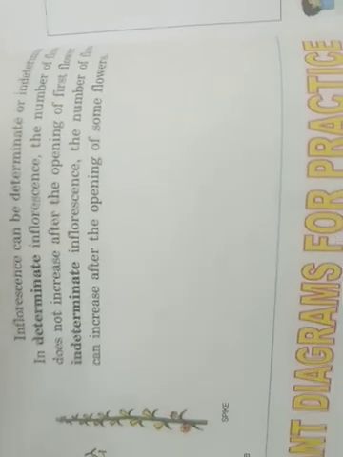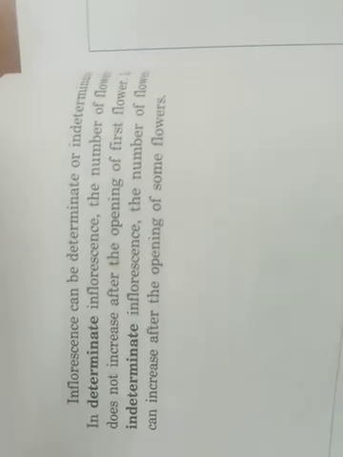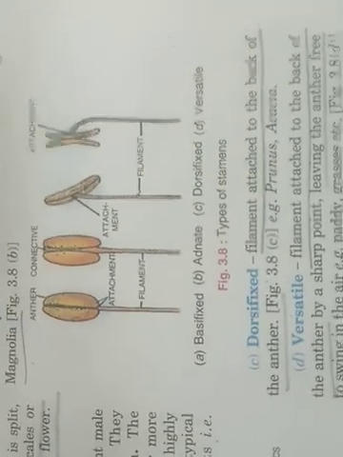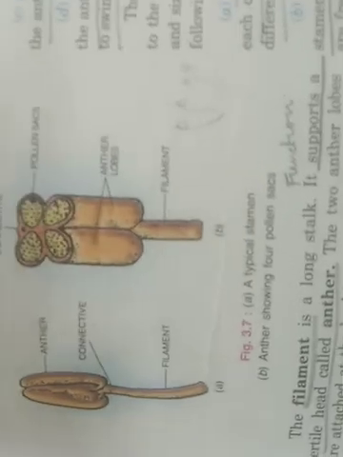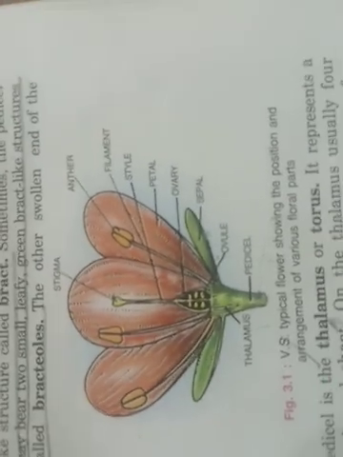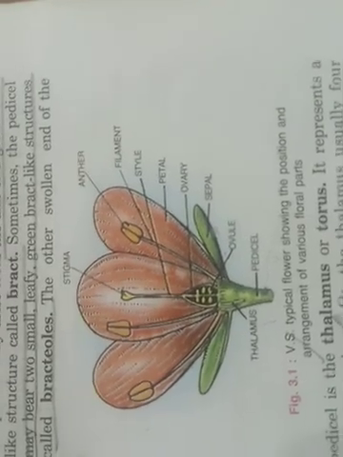So, children, here we end the chapter on the flower, and you have learned all these important terms about inflorescence, different types, the arrangement of stamens, the diagram of a typical stamen, and about calyx and epicalyx. For the diagram of the flower, you have to learn the labeling, how to label this diagram, and what the important functions of each part of the flower are.